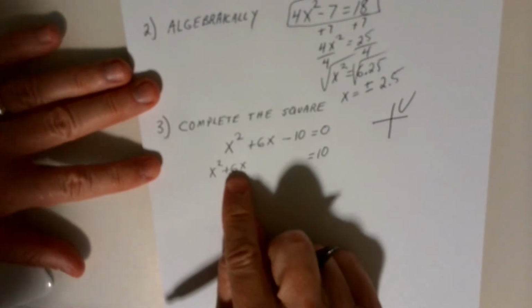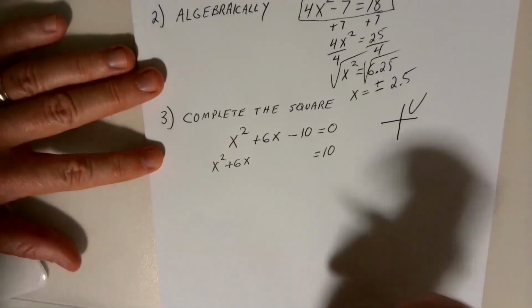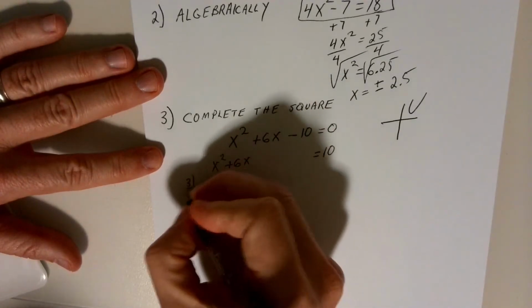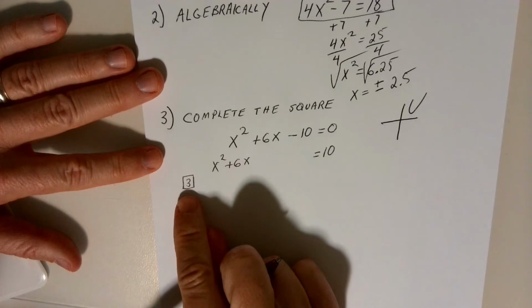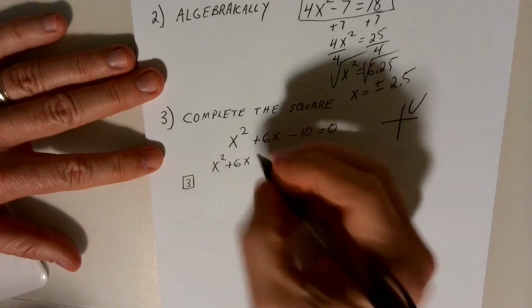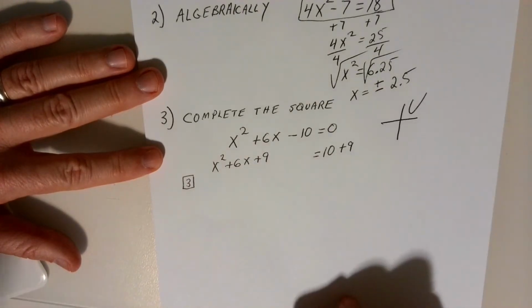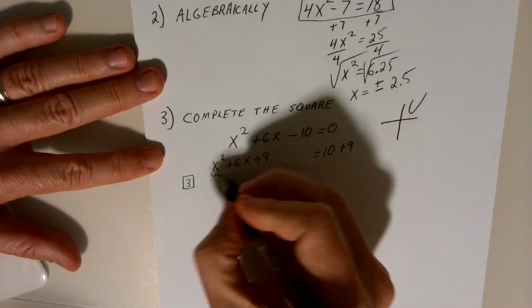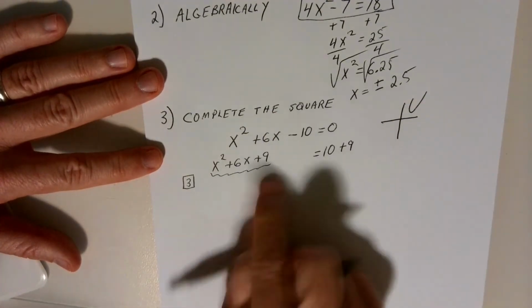I'm going to look at my linear term right here, and I'm going to take half of that linear term. Half of that linear term is 3. I'm going to put it in a little square box over here on the side. And then anything in the square box gets squared. Okay, and that's what's called the process of completing the square. And 3 squared is 9. So I'm going to add 9 here, and I'm going to add 9 over here on the other side of the equation. I have now made this quadratic a perfect square,